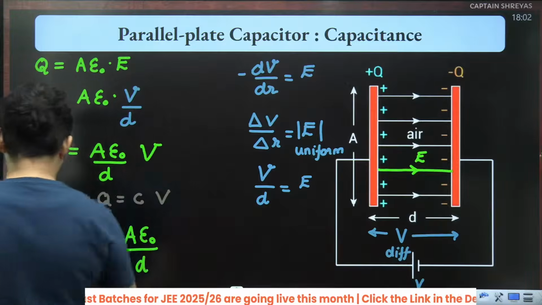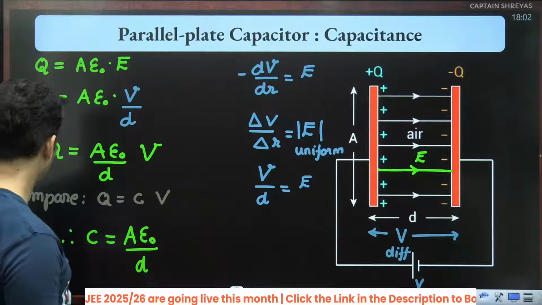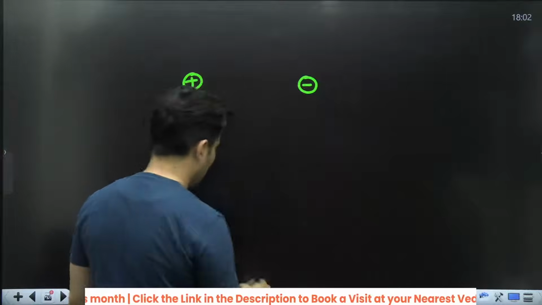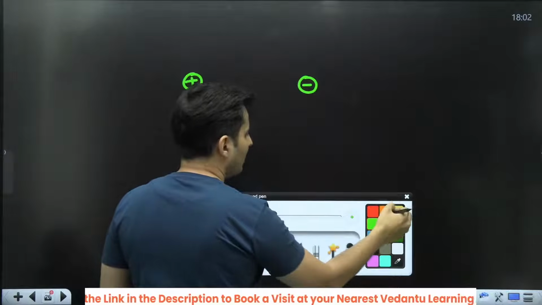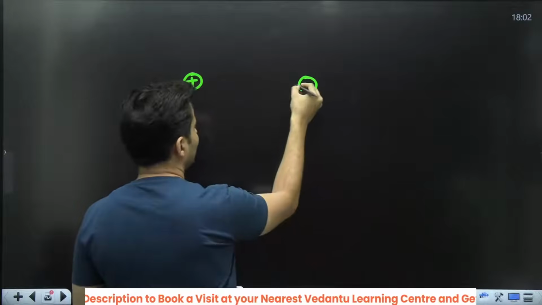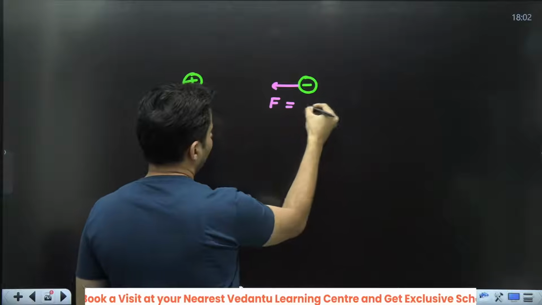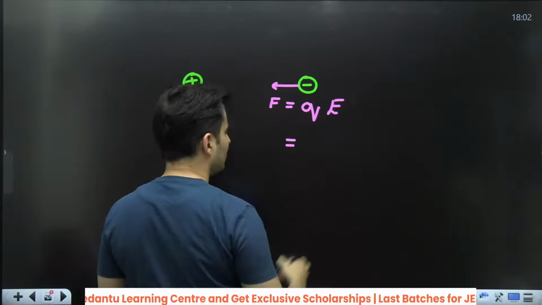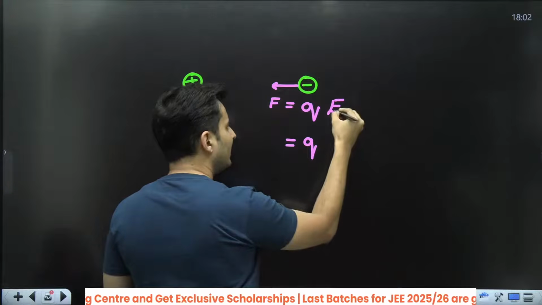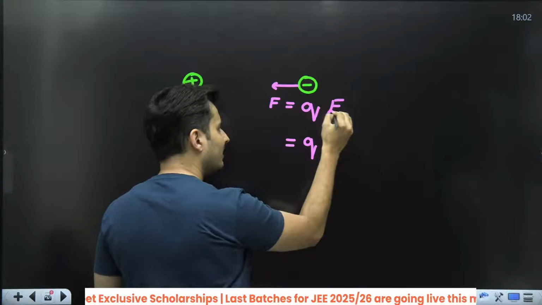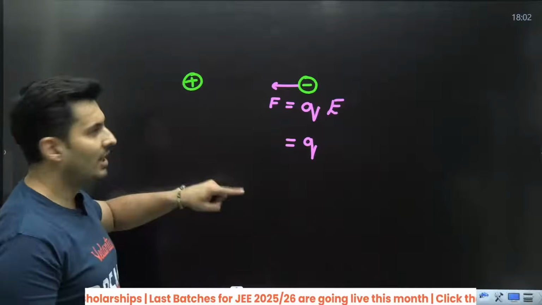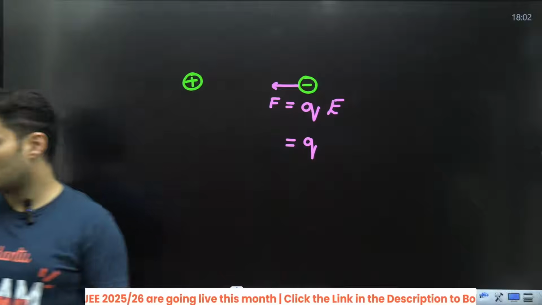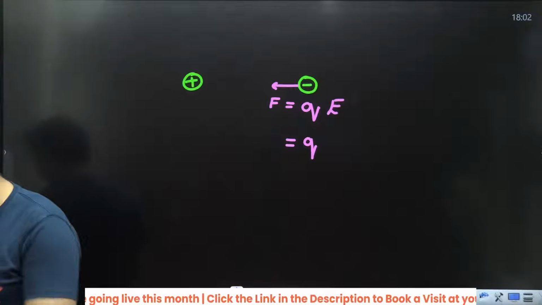Okay. So I have a question for you. Imagine there is a positive charge. Imagine there is a negative charge. Just take some example. When I want to find the force on this negative charge, and I write it as charge into the field, charge is whatever this charge is. This field is the field due to which charge? Positive or both? Answer in the chat box.